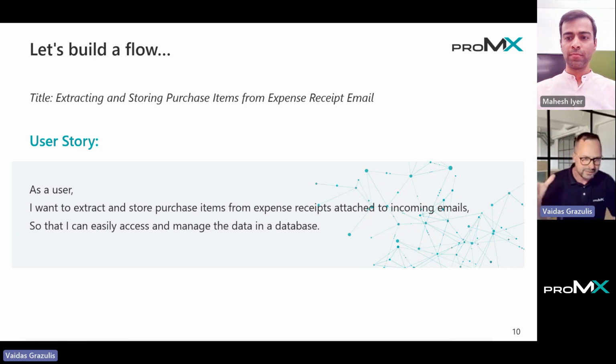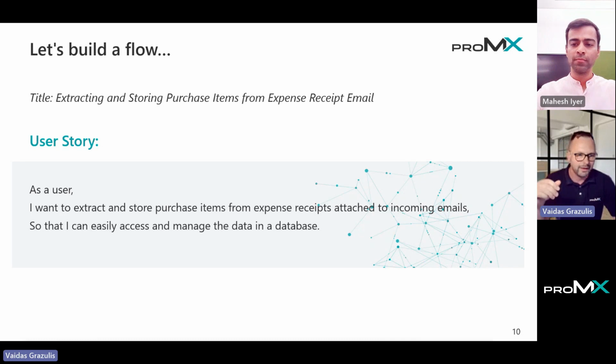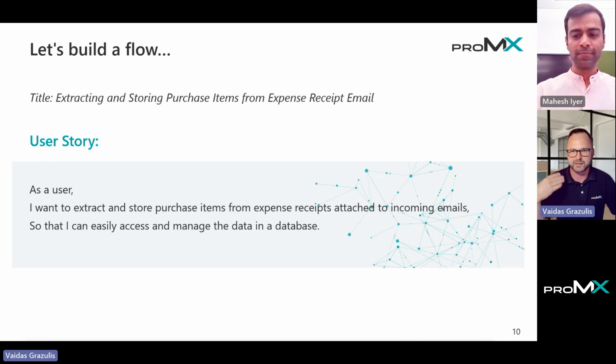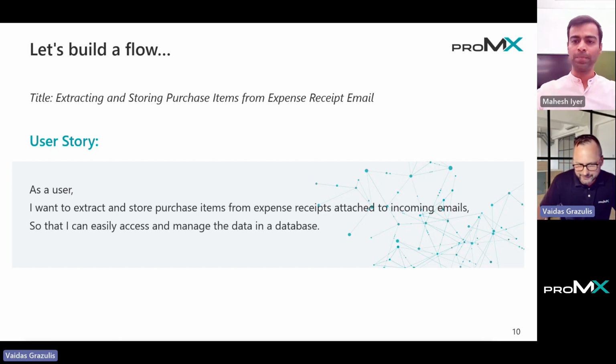Right, so let's build a flow quickly, a production workflow. Let me just quickly set the scene around maybe what we want to do, what is our challenge for a day, and how we would want to solve it. So building on what Mahesh has demonstrated already, let's imagine a scenario where in my imaginary company I have a very old process where my colleagues might have their monthly expenses that they might have to expense through the accounting process, and my current process is so old that